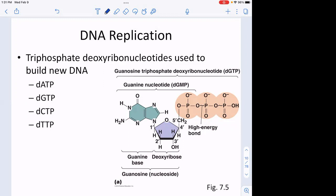So let's now think about this polymerization reaction of how a new DNA strand is made from an old one. We'll zoom in, but it is a polymerization reaction. We get not just nucleotides being added on to make a strand of DNA, but actually triphosphate nucleotides. What that means is that the deoxyribose and the base together are considered a nucleoside. If we count the base, in this case guanine, along with the deoxyribose and a phosphate, that's a nucleotide. But then when there are two more phosphates attached,